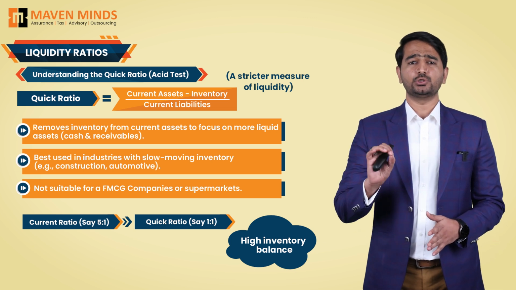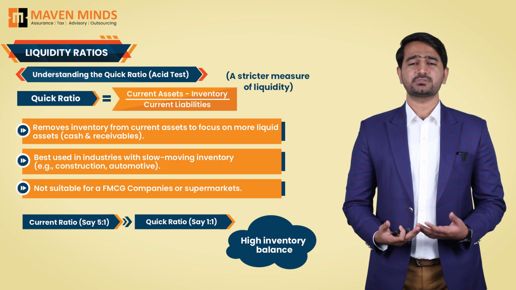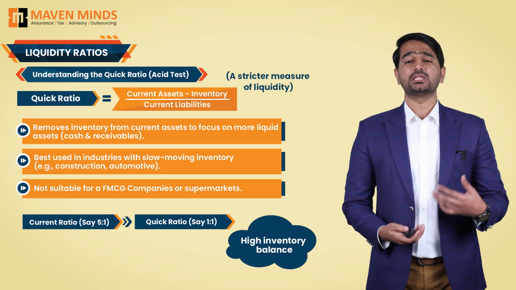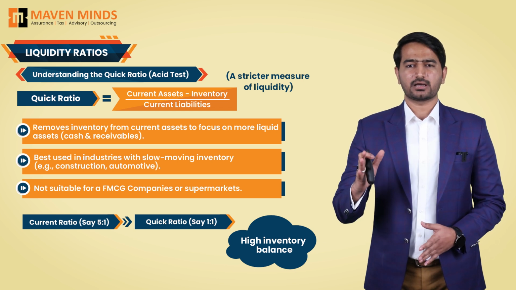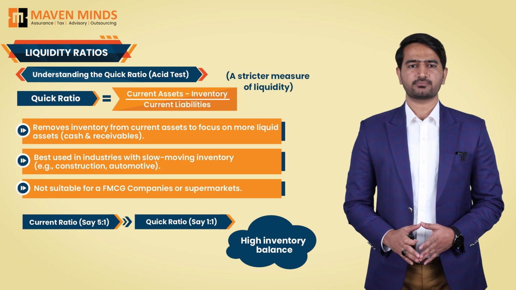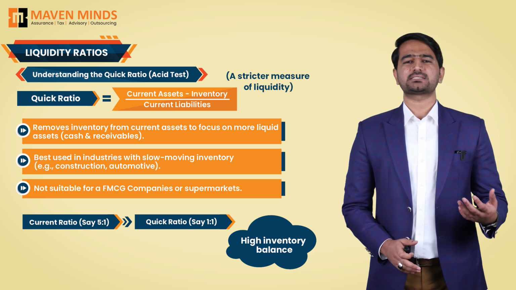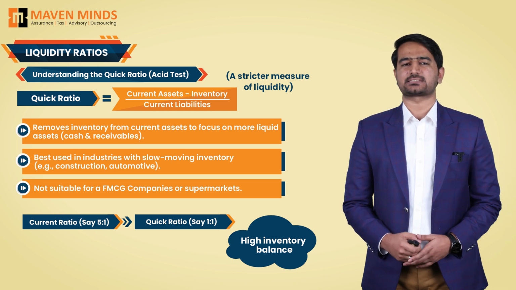Not every time you will need to calculate a ratio from scratch. Sometimes your examiner will provide pre-calculated ratios and you need to interpret them. In short, the current ratio indicates short-term liquidity under normal conditions, while the acid test ratio or the quick ratio provides a strict measure by excluding inventory from the current assets.